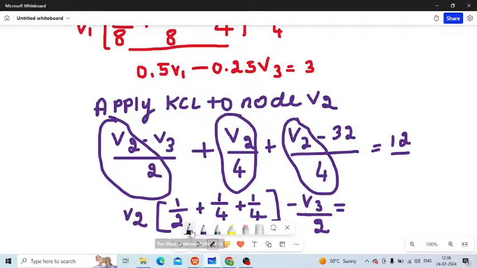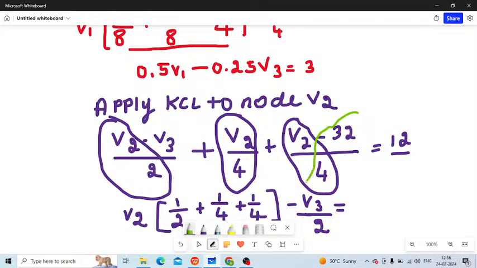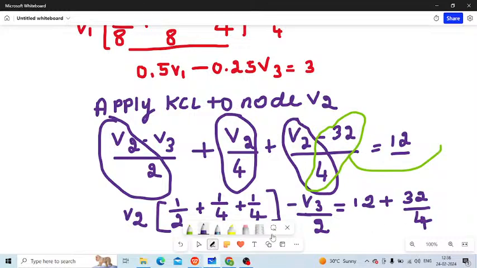I'll take another color from here. This is minus 32 divided by 4. So if we shift it to the right hand side, you get 12 plus 32 divided by 4. Now if you try to solve or simplify this, you are going to get it as